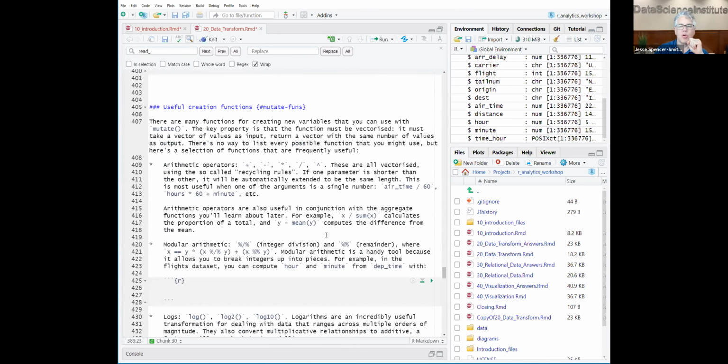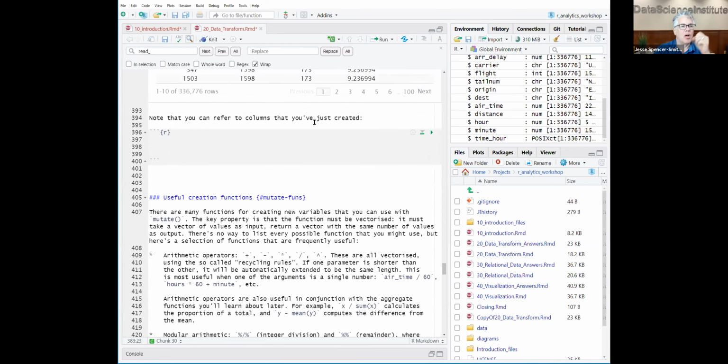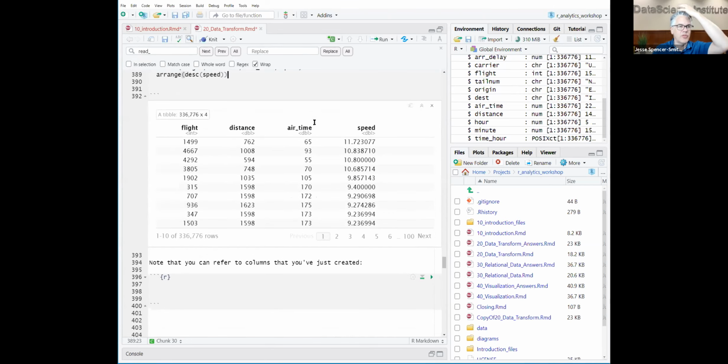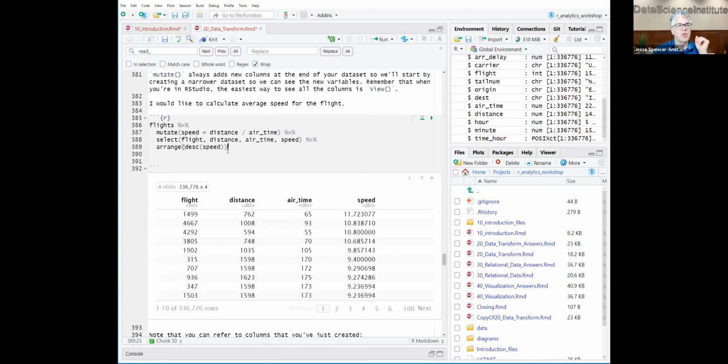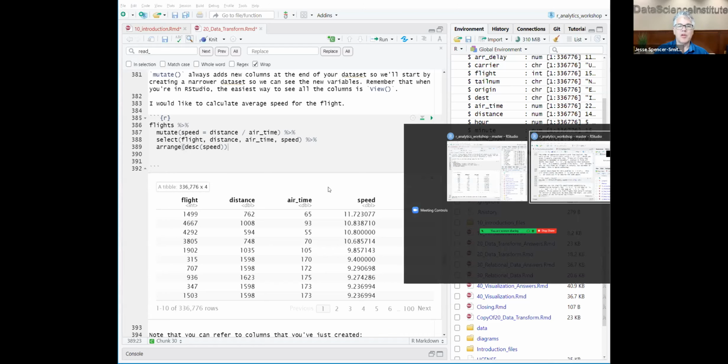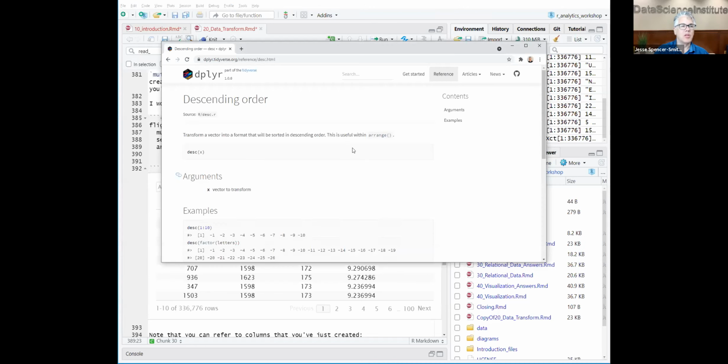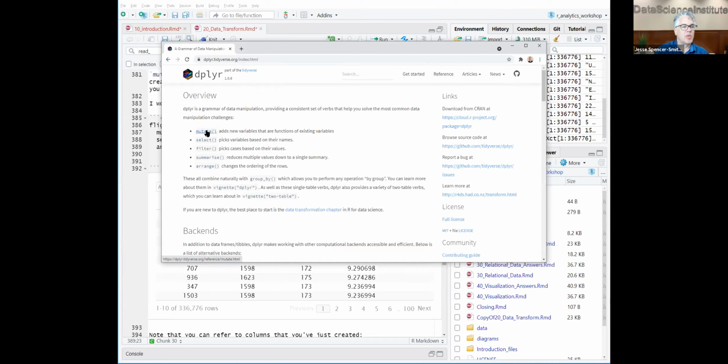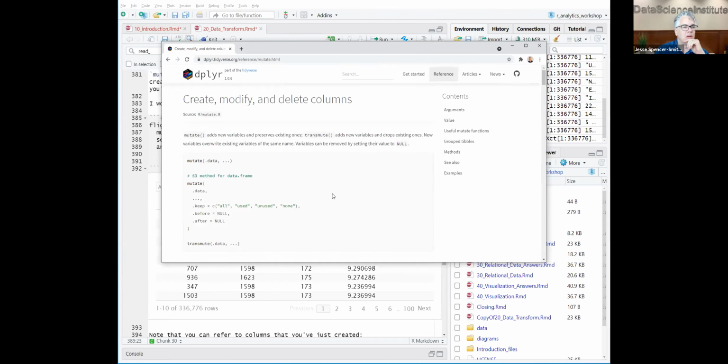There are a number of supporting helper functions that go with mutate. Mutate is where you're going to be doing a lot of your work, because a lot of the times you're concerned about creating additional columns, doing some calculations, things along those lines. So there's a lot going on with mutate. As a matter of fact, if we go and take a look at dplyr again, and we click on mutate, you see that